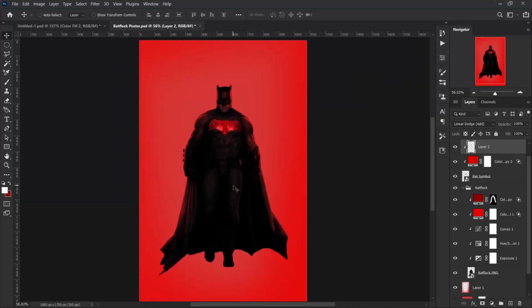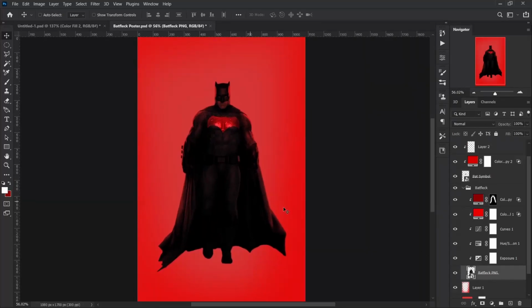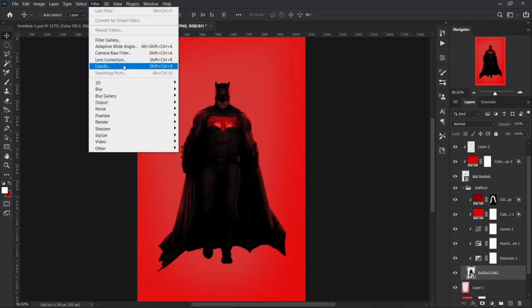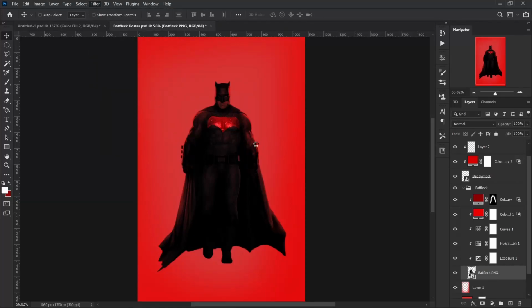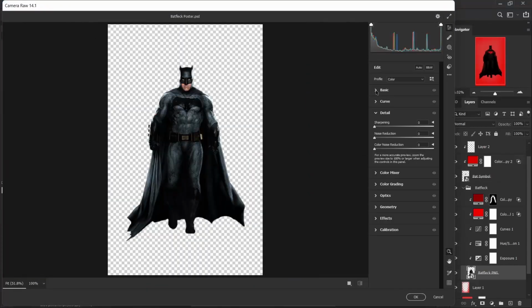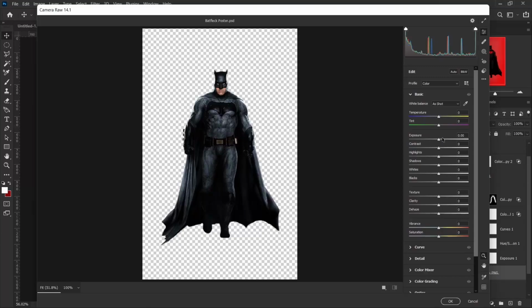Great. So next I think I'm going to make some more adjustments to my Batfleck PNG. I'm going to come to filter, maybe camera raw filter. Let's just make it more dramatic, contour basic. And maybe bring up the exposure. Maybe bring up highlights. Maybe bring down the shadows a little. Maybe add some temperature, cold temperature. Some whites, some blacks, some texture, maybe clarity, a bunch of dehaze, vibrance,